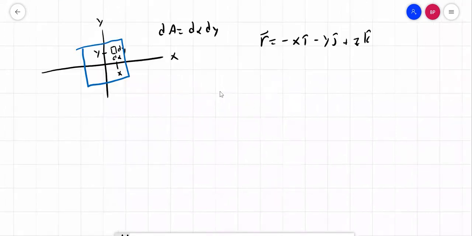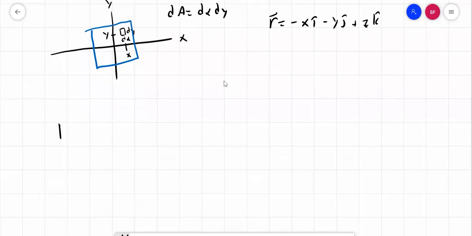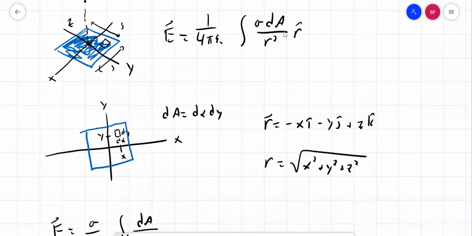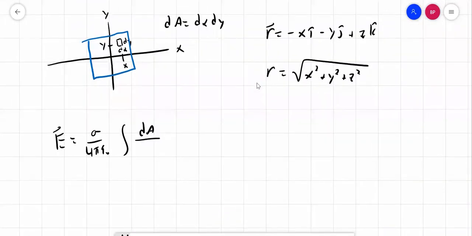Okay, so if I write my field again, then I can pull sigma out because it's just a constant. I have to integrate over the area. And then I have to divide by the distance of this. Well, the distance is easy to find. It's the square root of the sum of the squares. So that's x squared plus y squared plus z squared. And in our formula, we wanted the distance squared. But our r hat is this thing divided by this. So I actually have the distance cubed,